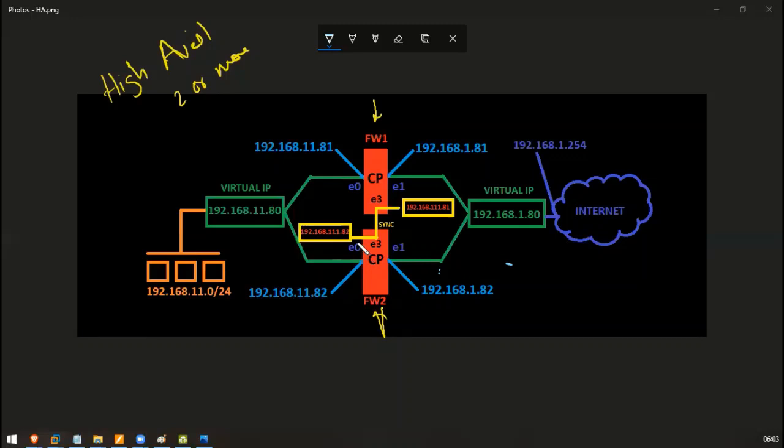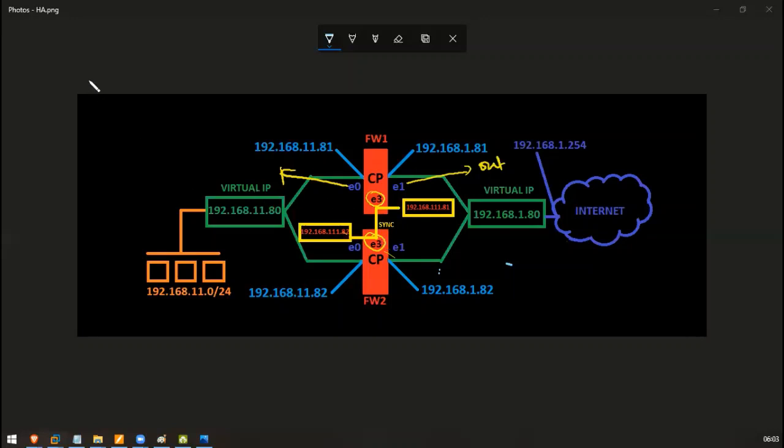We have the E0 interface, E1 interface, and E3 interface in both of the firewalls. Our E0 interface is showing our inside network, and E1 is showing our outside network. Our E3 interface, which we are using just to pass all the configuration from firewall 1 to firewall 2.